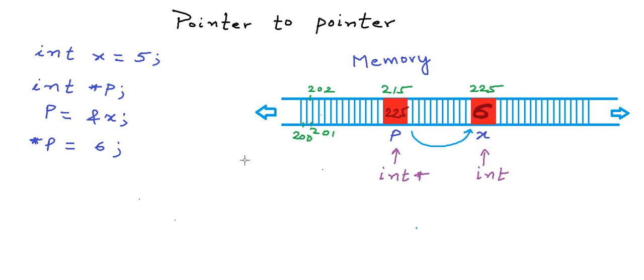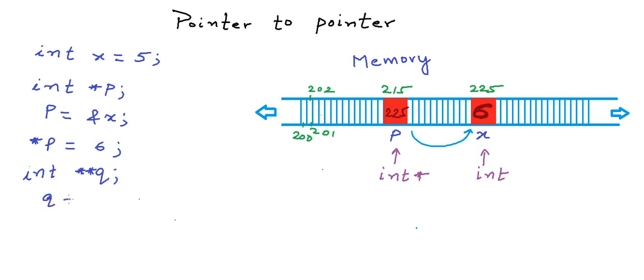Now can I create a pointer to this variable p, which itself is a pointer to integer? Well, yes, we can do so. So let's say we want to create a variable named q that will store the address of p. Now what will be the type of this variable? We need a pointer of a particular type to store the address of a particular type of variable. So to store a pointer to integer, we will have to say that we want a pointer to pointer. So we will put 2 asterisk signs in front of the variable name,